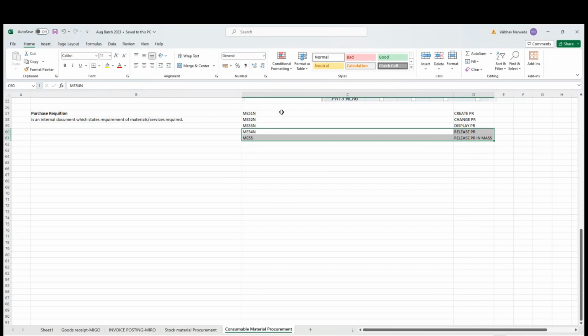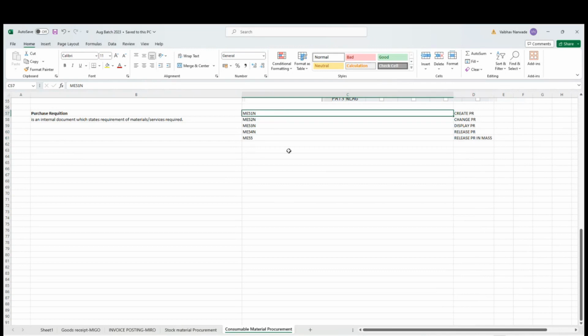Now we will create a purchase requisition. We will try to see the layout of the purchase requisition screen, and the other important fields or parameters in the purchase requisition that we must keep in mind.